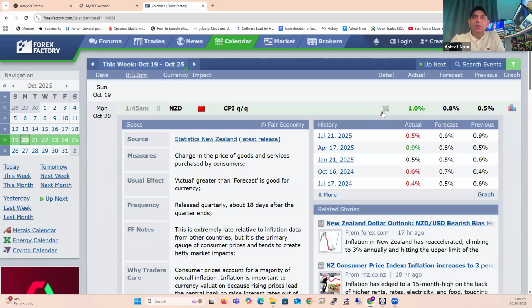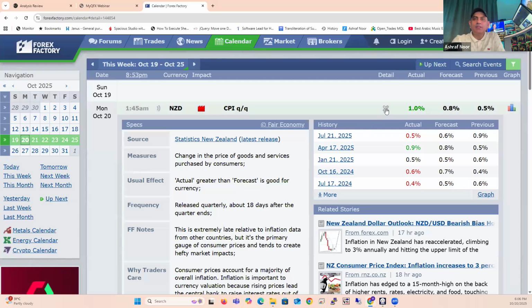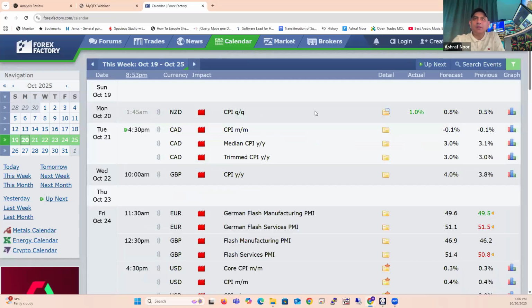That's going to help you understand how this information, how this data is going to impact the price of the Kiwi dollar against the dollar. Okay, so on Tuesday we have CPI data coming for the CAD, as you can see here, expected CPI month by month,